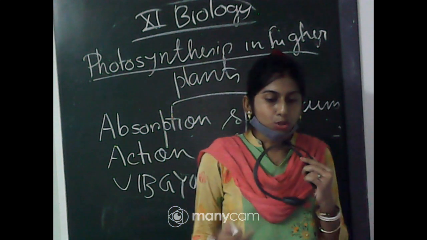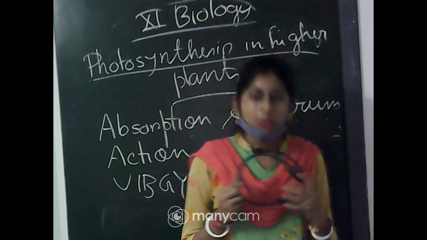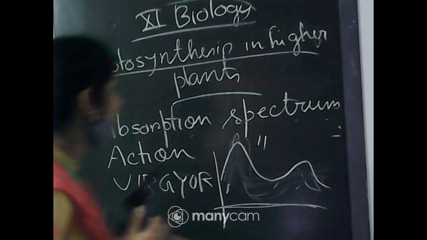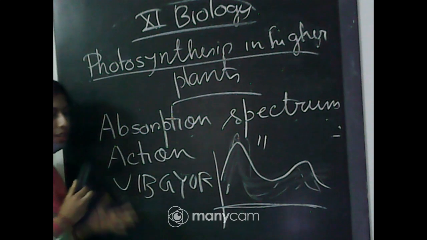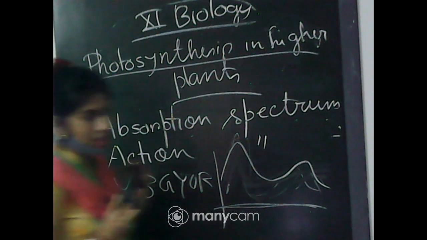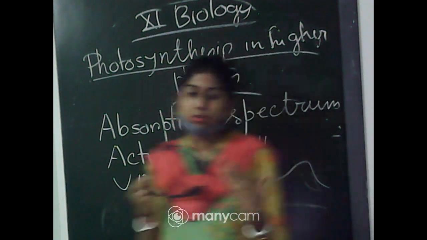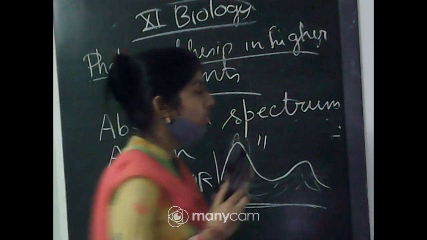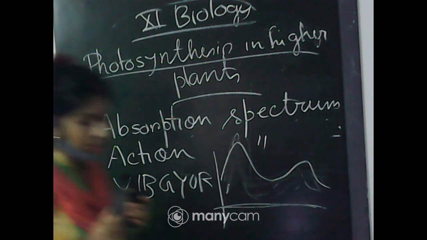That means we came to know what is absorption spectrum and what is action spectrum. One is related to the light absorbance by the photosynthetic pigments, and the other one is a graph plotted against the rate of photosynthesis. And how can the rate of photosynthesis be measured? It can be measured by the amount of oxygen released. As you know, at the end of photosynthesis oxygen will be released, and with the help of that amount of released oxygen, the rate of photosynthesis can be measured.